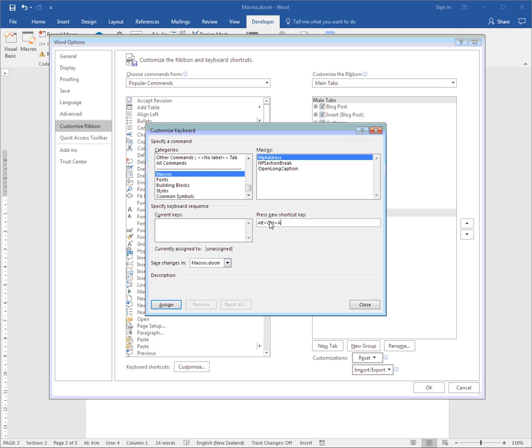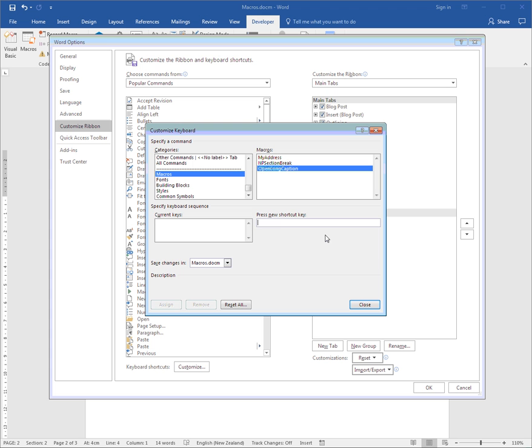I'm going to go Control Alt A, and that will let me assign Control Alt A to MyAddress, A being address. And it tells me down here that that's currently not assigned to anything else. So that's good, I'm not losing anything. So I'm going to assign Control Alt A. For a next page section break, I'm going to assign Control Alt B. That's currently also unassigned, so I'll assign that by hitting this button here to that particular macro. So MyAddress is Control Alt A, next page section break is Control Alt B, and OpenLong, I'm going